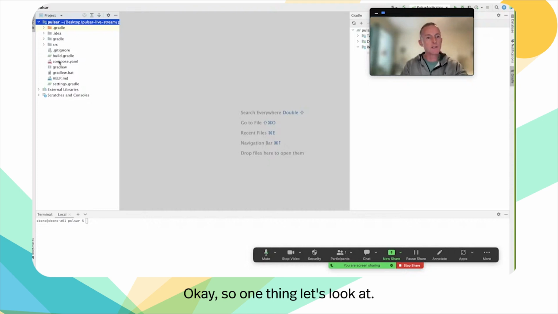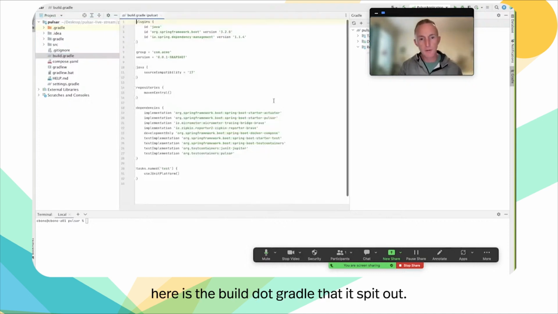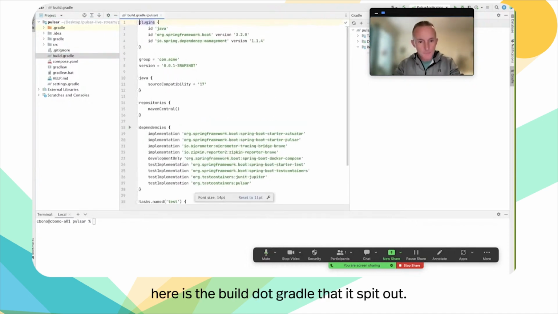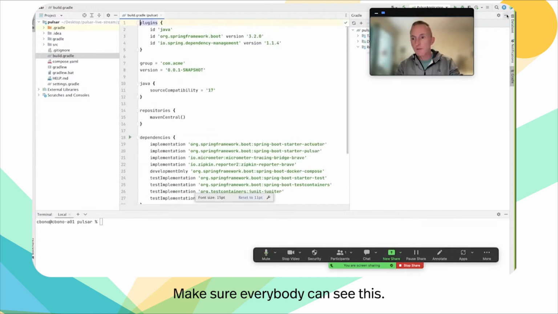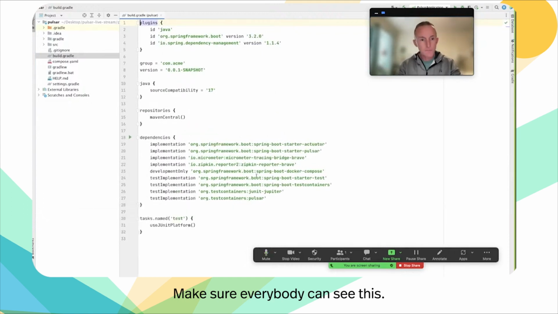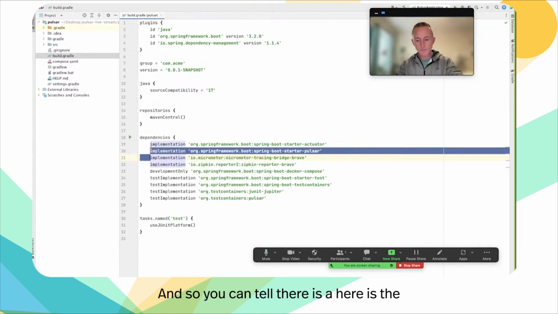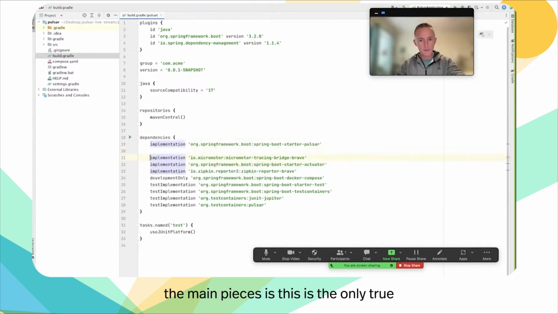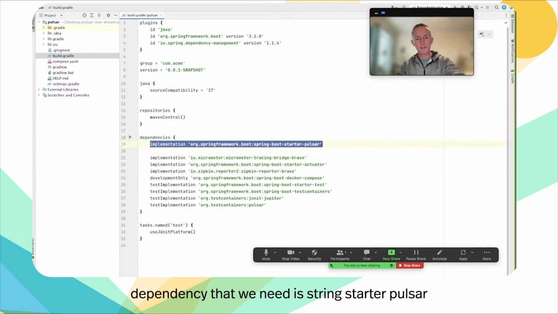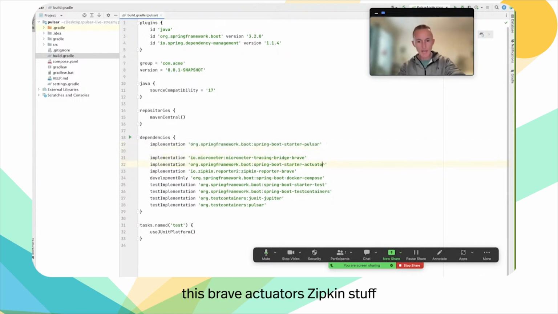So one thing let's look at. This was the output from start.spring.io. A couple of things you'll see here is the build.gradle that it spit out. Make sure everybody can see this. The main piece, the only true dependency that we need, is Spring Boot Starter Pulsar. This Brave, Actuator, Zipkin stuff